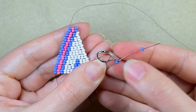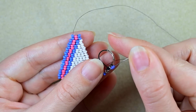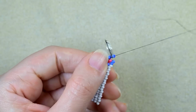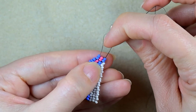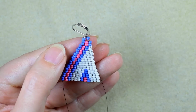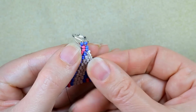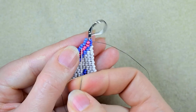And now I'm going to take a purple, an earring finding and a purple. I will slide those down and I'm going here in these 2 purple beads. Now friends, I want to reinforce this work. That is why I'm going in the next purple and